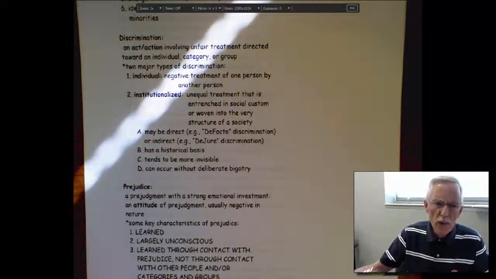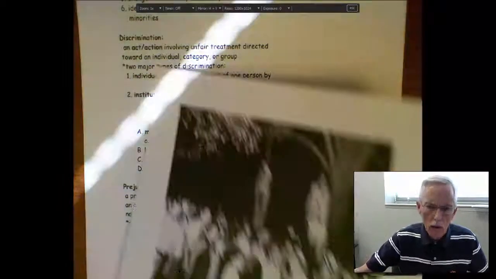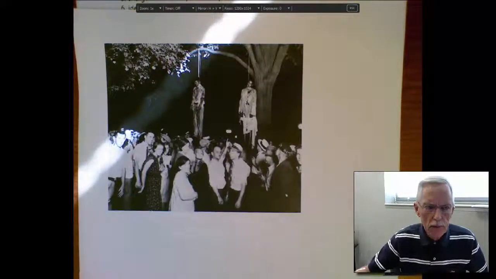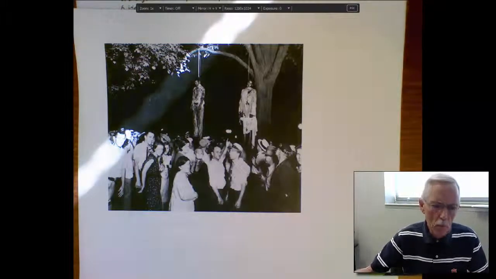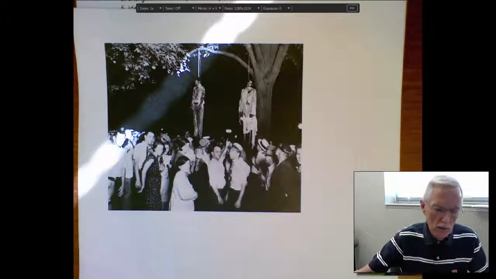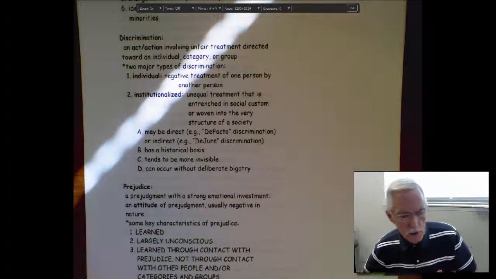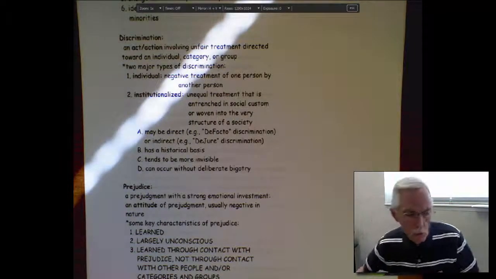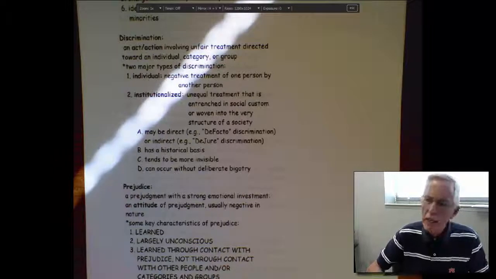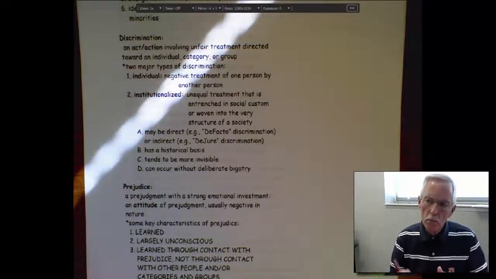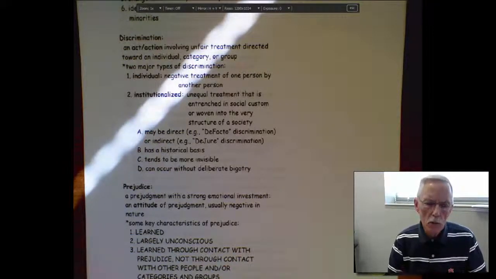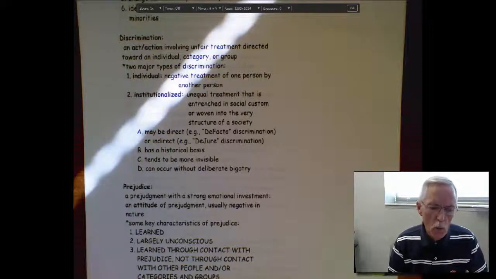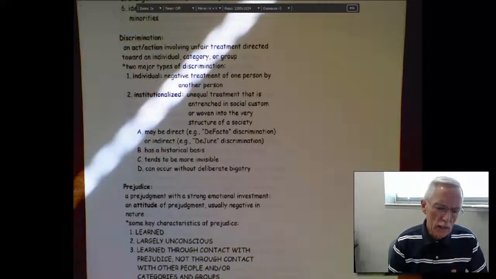One of the more horrific examples of individual discrimination is lynching. Lynching got its name in part from James Lynch, a Virginia colonist who was a justice of peace. And this was the punishment he and his followers meted out for Tories, that is, loyalists to the British Crown during the Revolutionary War. The Tuskegee Institute